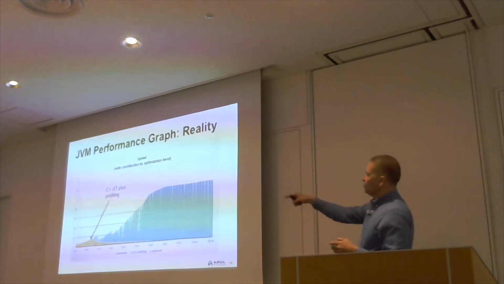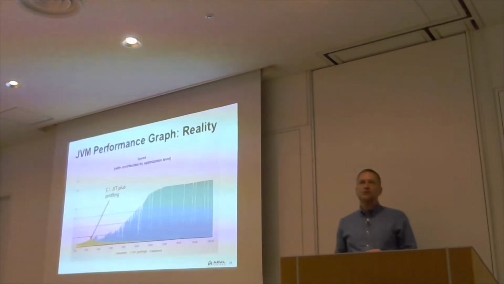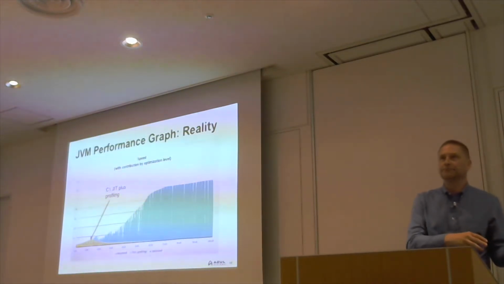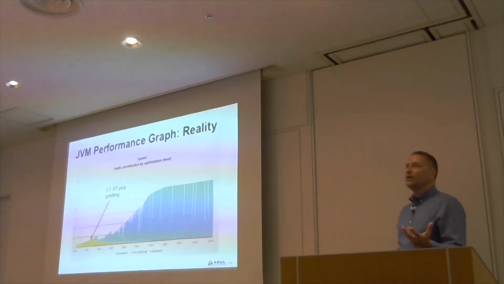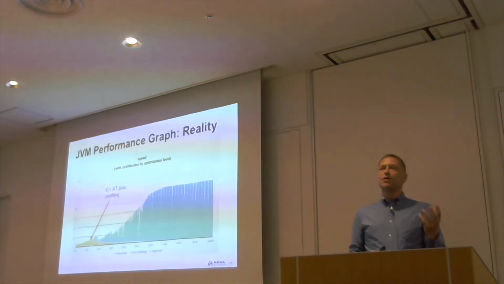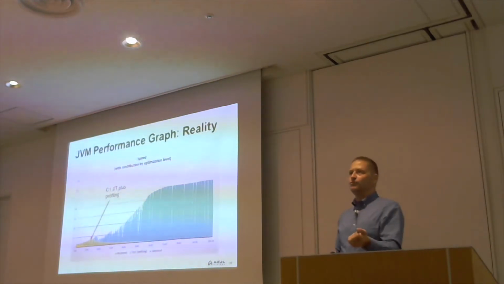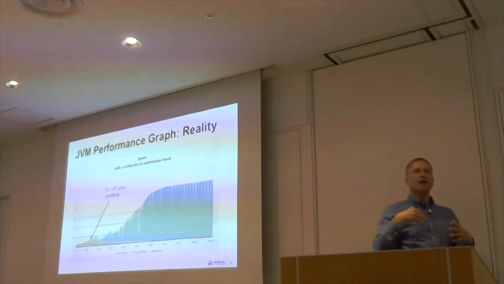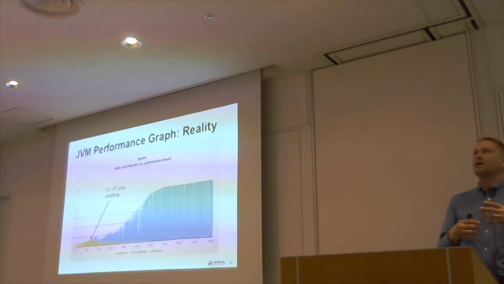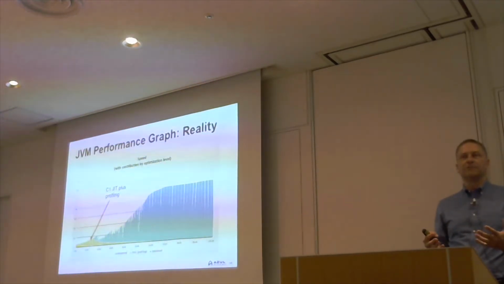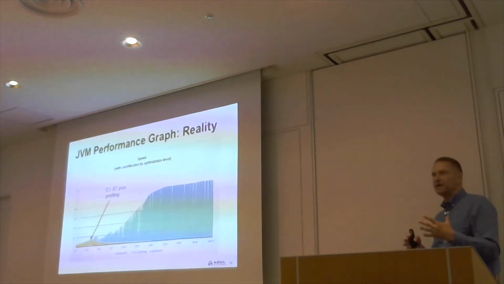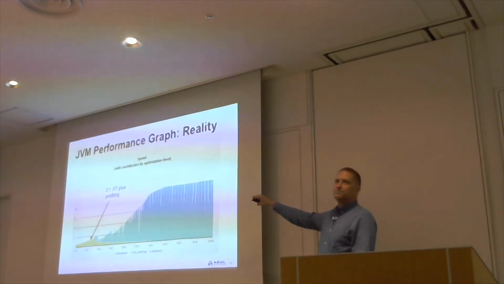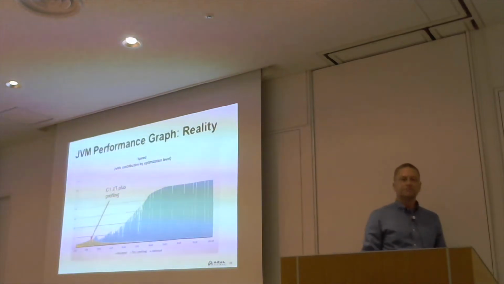The thing about the way we do this to start with is we use a thing called the C1 compiler. It used to be called the client compiler. And the way that compiler works is it's designed to compile the code as quickly as possible, to get it running as native instructions as quickly as possible. But what it doesn't do is apply optimizations. It only does the most basic optimizations based on what it can get from the bytecodes. So we get a bit better performance, but we don't get a whole lot better performance.